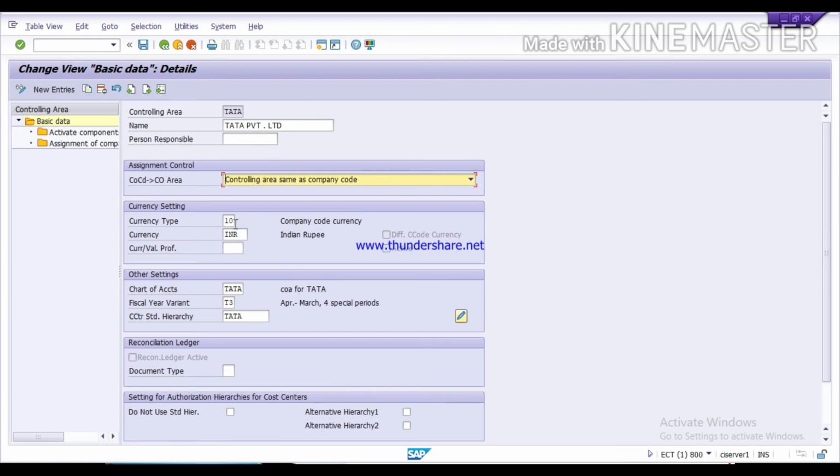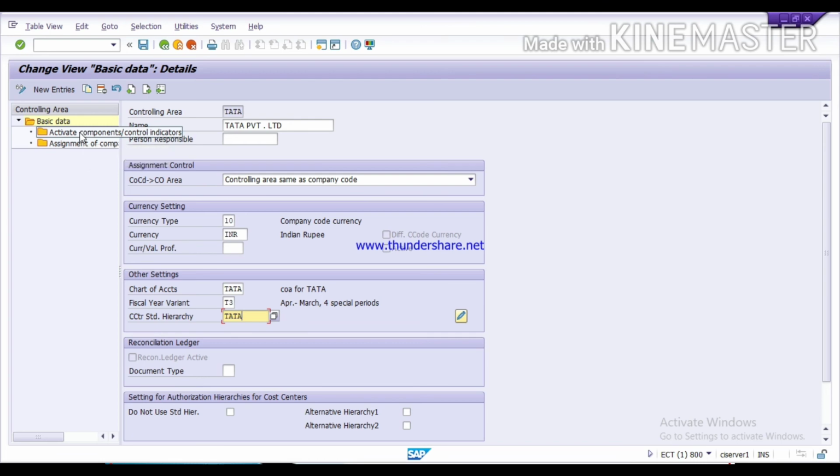Here it has taken all the details from the company code, like currency type, which for Tata is currency INR and currency type 10, chart of accounts, and fiscal year variant. And here I have given the company name as my controlling area hierarchy. So here you only need to define these two things: first assignment control and second hierarchy.